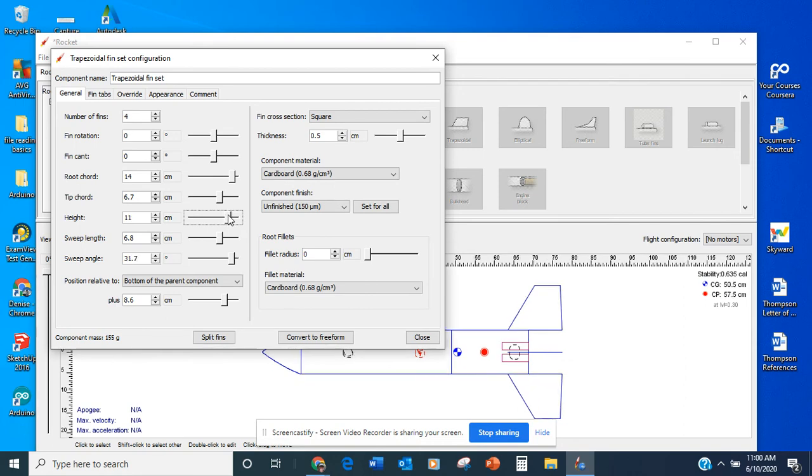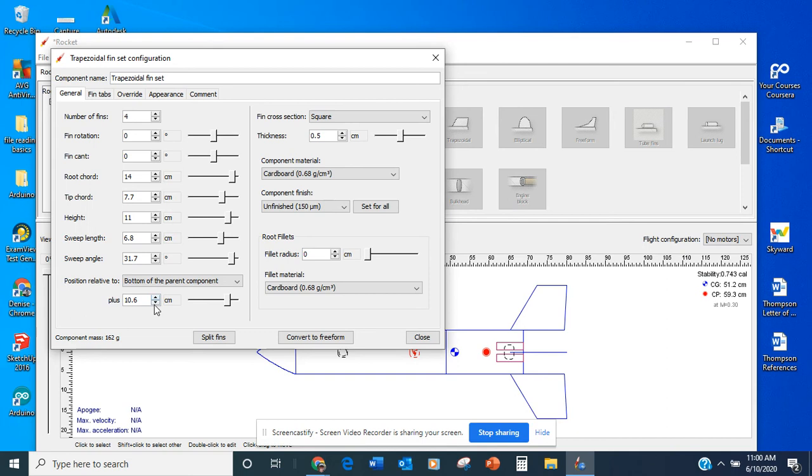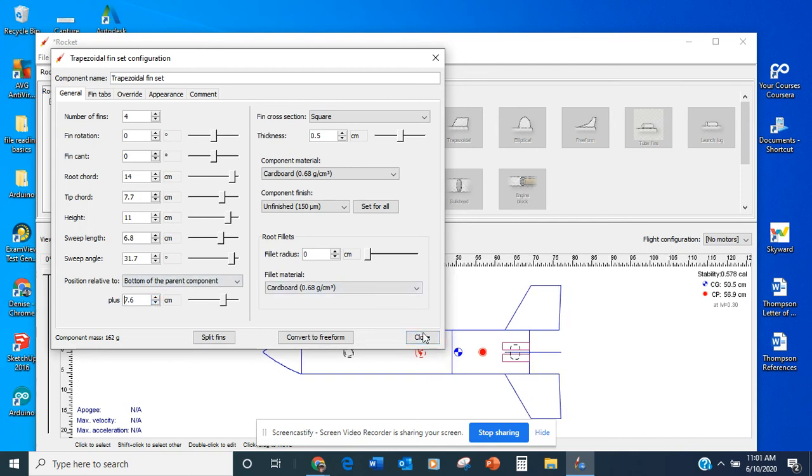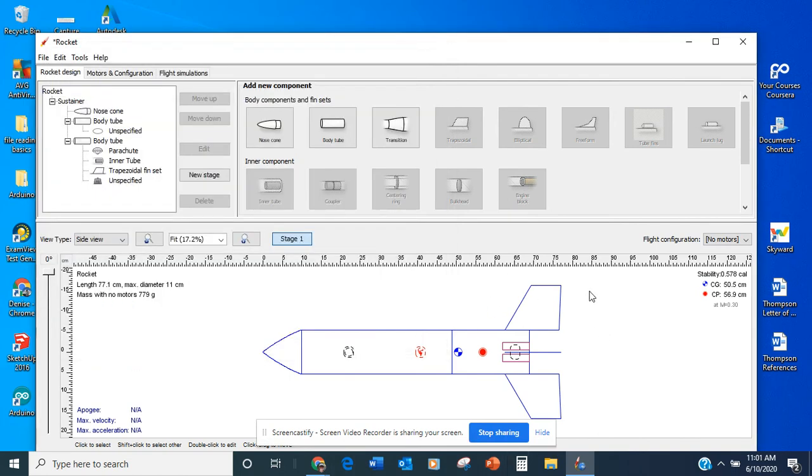So I messed it up a little bit here. And so you just play with those measurements until you have a fin shape that you like, as well as the center of pressure where you want it. And then once you have what you want pictured here in the drawing,